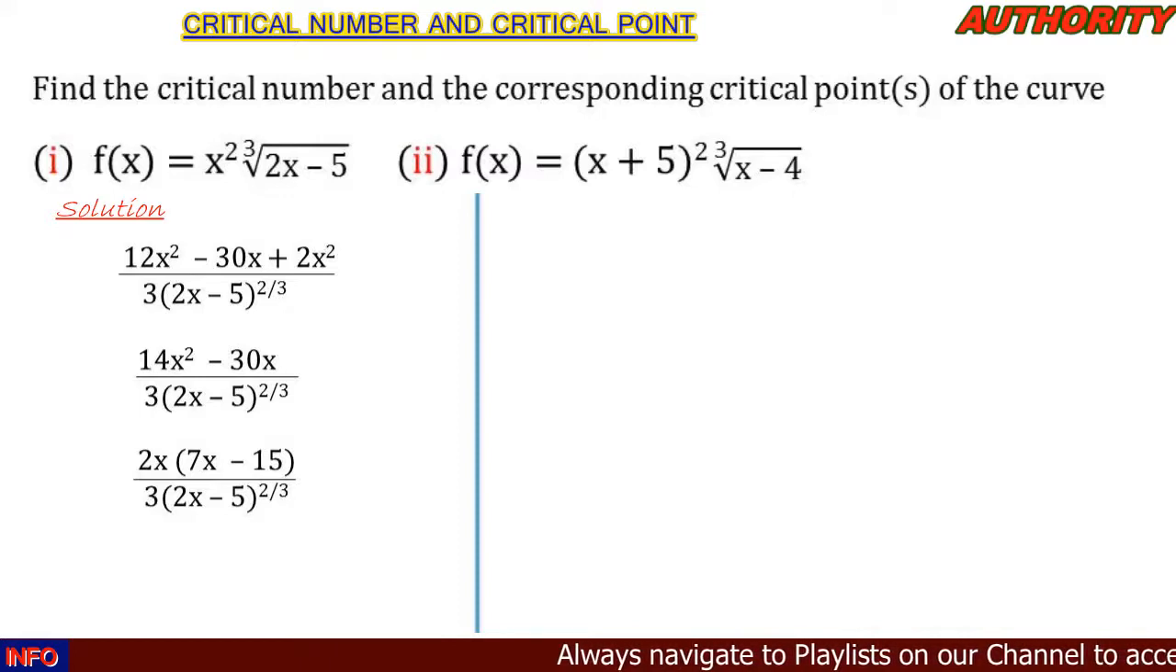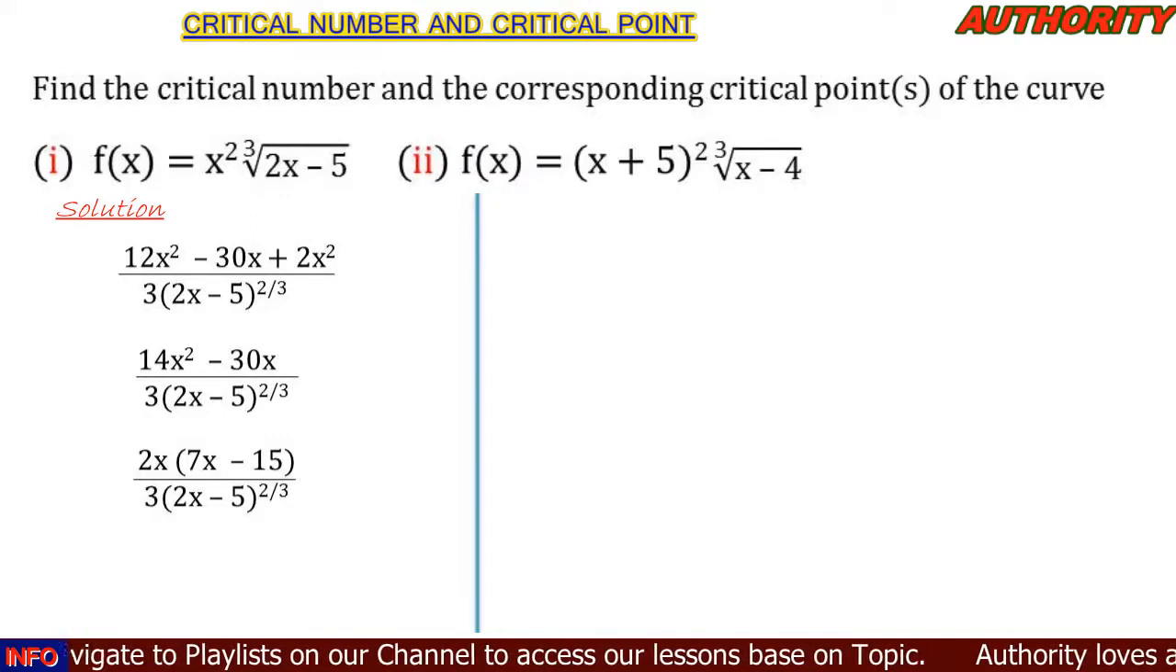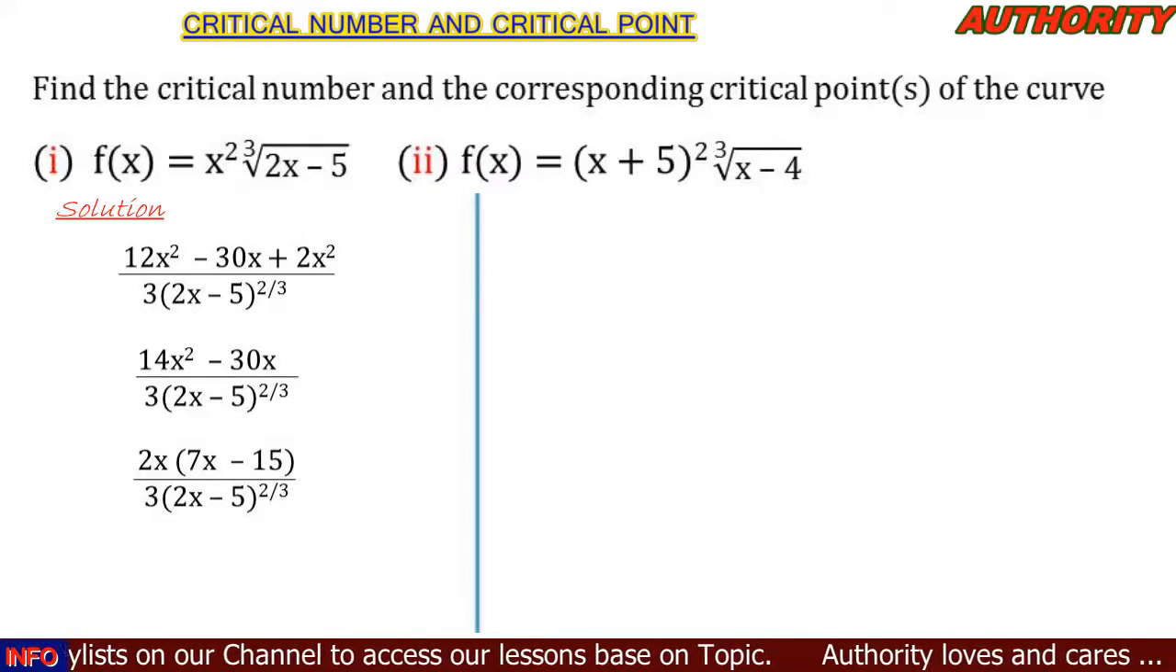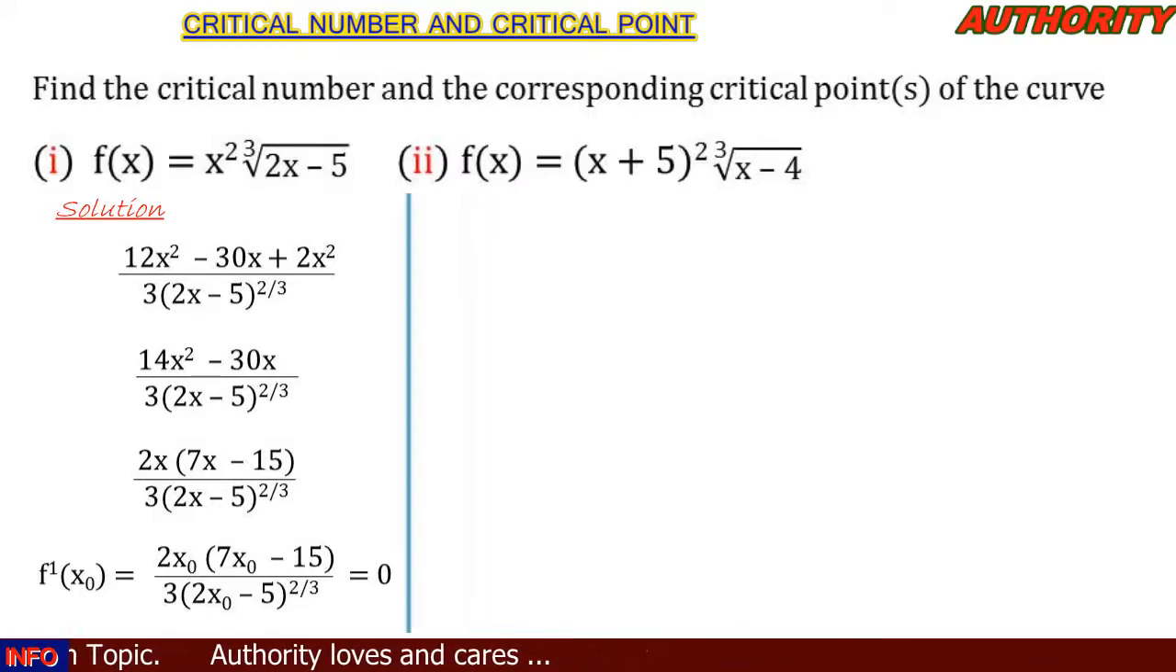All right, so here we have differentiated. The next step is to replace x with x naught and equate it to 0. So in our function we have f prime of x naught is equal to 2x naught open bracket 7x naught minus 15 all over 3 open bracket 2x naught minus 5 close the bracket raised to power 2 all over